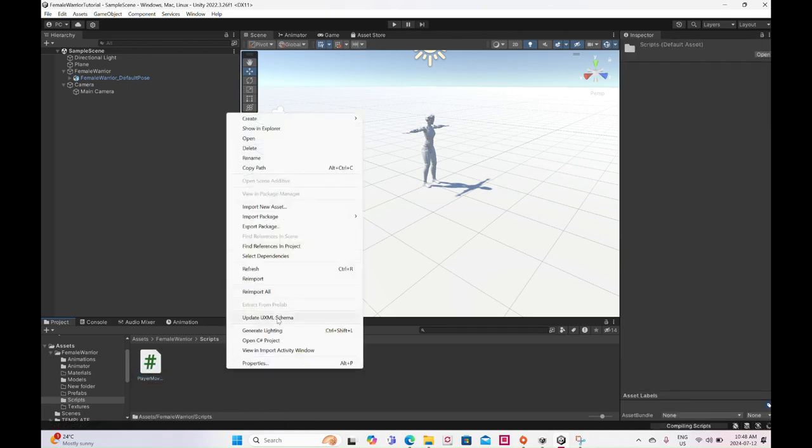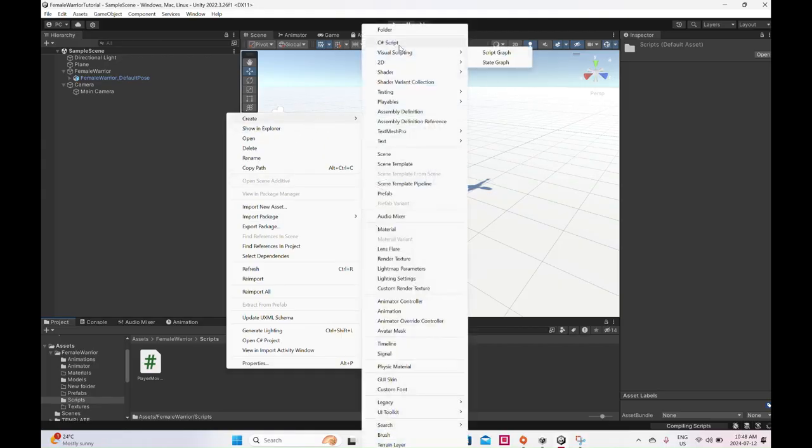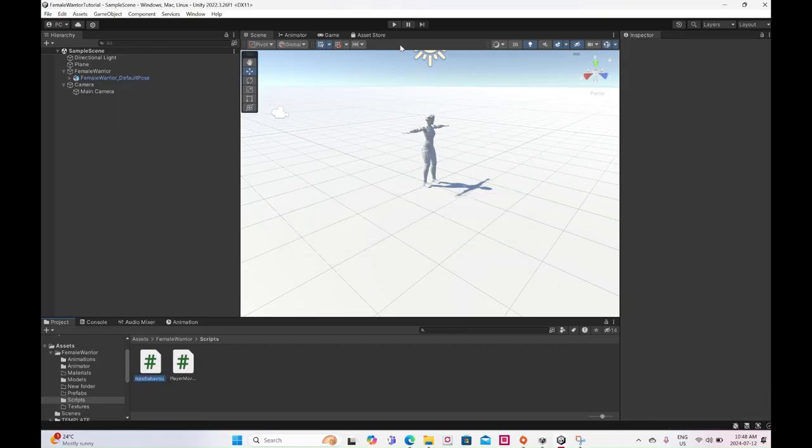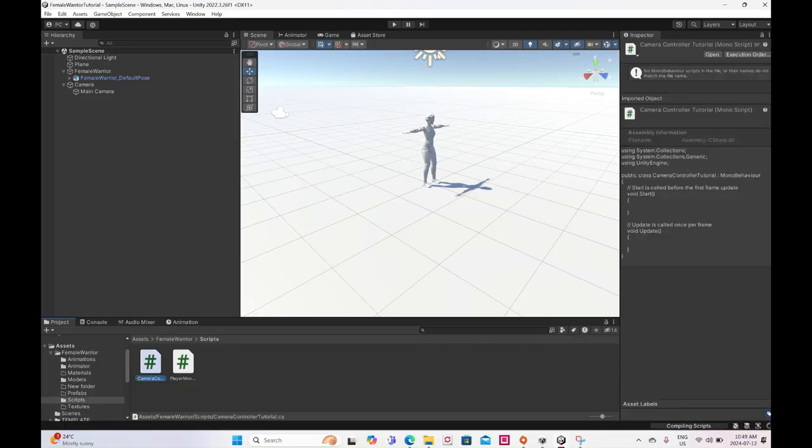And I'm going to create another one called camera controller tutorial. So I'm going to double click